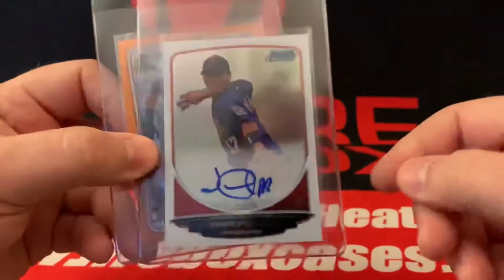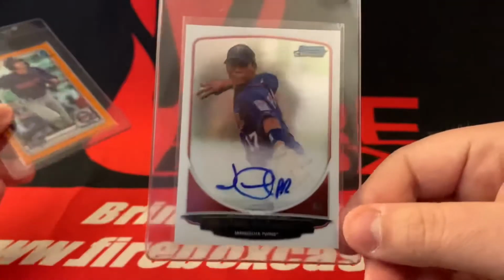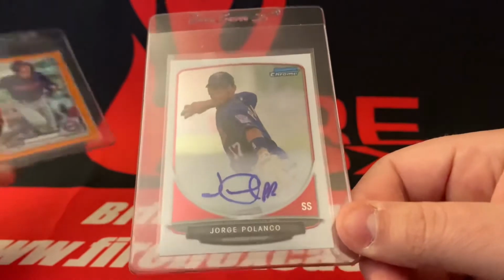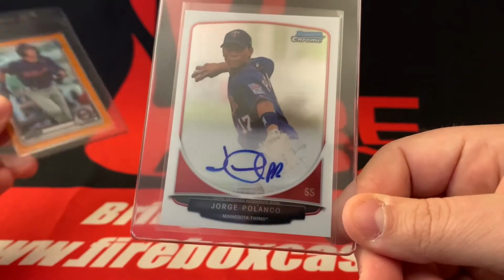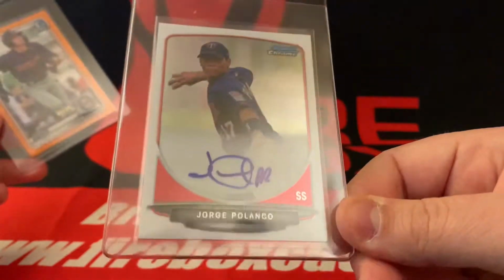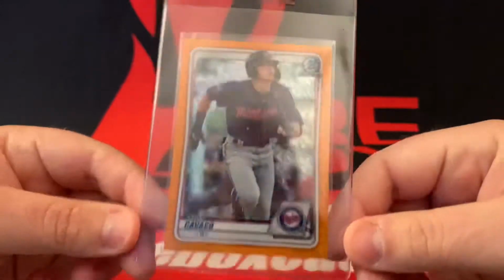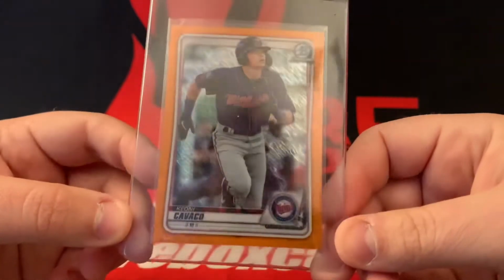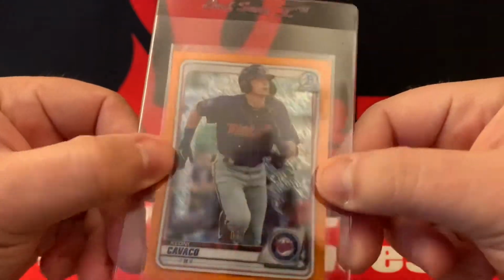But we'll see how it shakes out when we get these cards back eventually. Again, Jorge Polanco, another Twin, previously a PSA 9, a mega injustice as far as I'm concerned. This is one of the cleanest cards I've ever seen. And this Keone Cavaco is also a PC card, but this is also being sent for a reason, because these